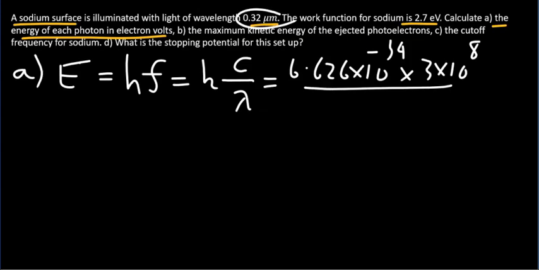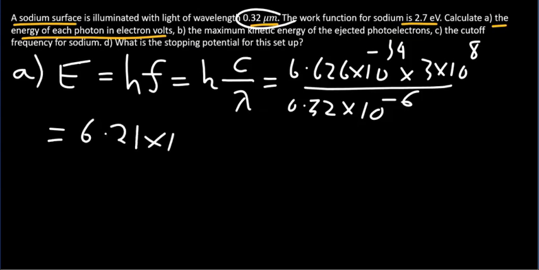The wavelength is given as 0.32 micrometer, so in meters it's times 10 to the power minus 6, which is 6.21 times 10 to the power minus 19 joules, or in units of electron volts, it's